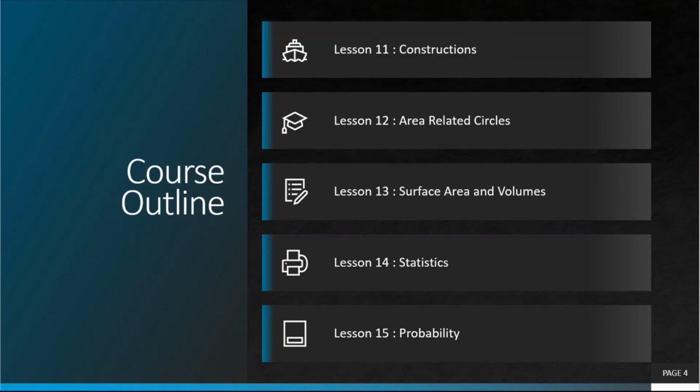Then the next chapter is areas related to circles. You'll see in detail in the topic. Then surface areas and volumes. This is a very similar topic, right? Since class 6th, 7th, 8th, then 9th and now 10th, every class you have been learning mensuration: area, volume, surface area. All these things for different shapes and different 3D shapes will be there. Basically all will be 3D because this is surface areas and volumes, like cylinders, cubes, cuboids. All these kinds of shapes.